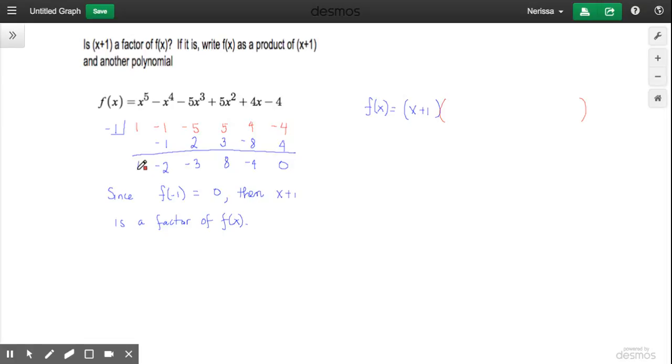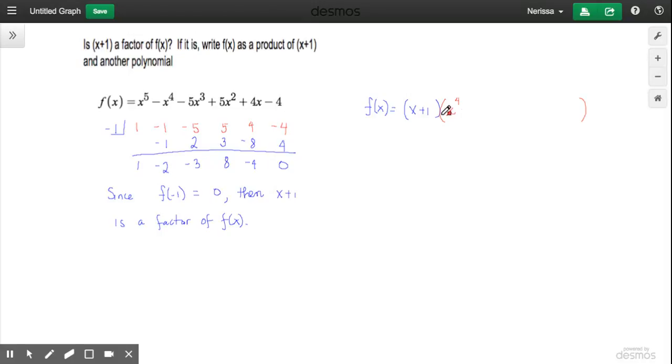And we are going to create another polynomial function expression here, and these are the coefficients, but the x's will have one less degree. So this one will be 1x to the fourth. So let's put that here, 1x to the fourth, and we don't have to write the 1,